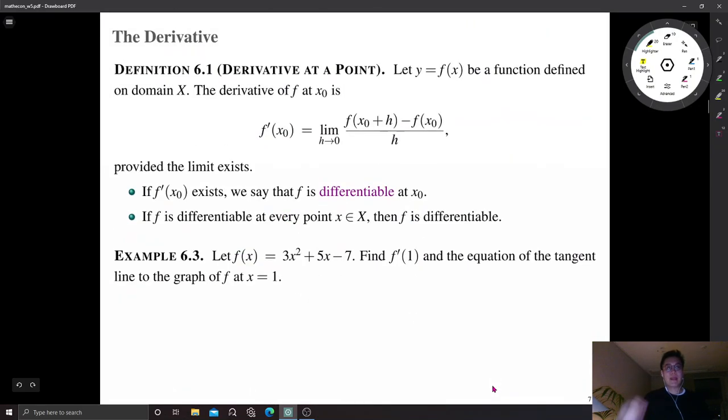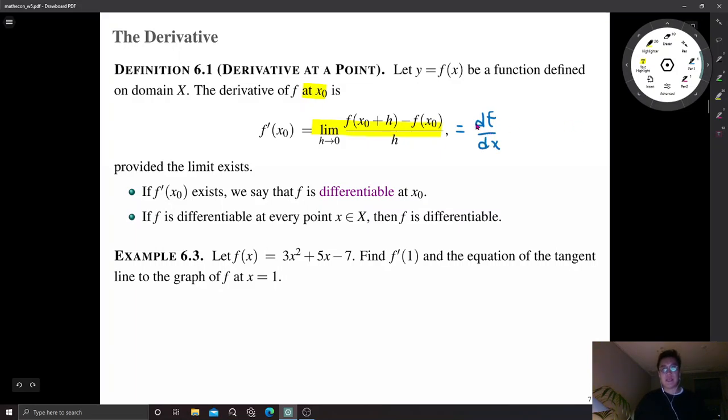All right? And finally, the derivative. Once again, the derivative is the instantaneous rate of change. So the derivative is another name for that rate of change. The derivative of f at x naught is defined as this expression: the instantaneous rate of change at point x naught, usually denoted by f prime of x naught, or alternatively, say, df over dx.